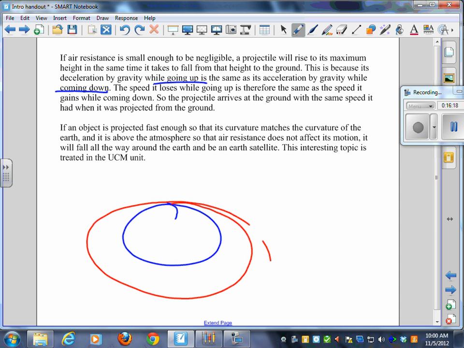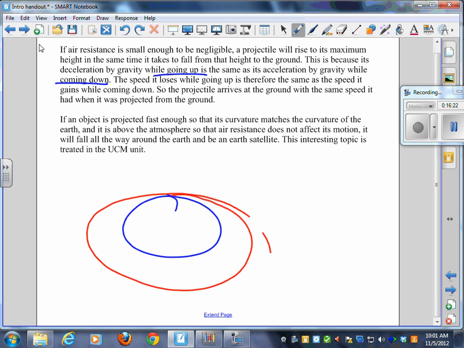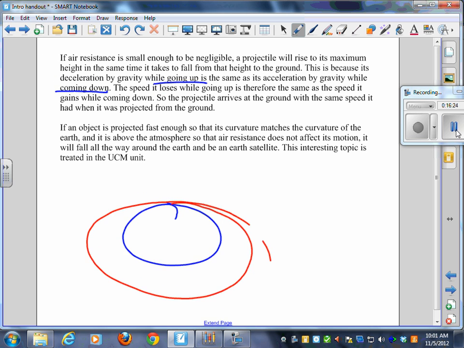Let's try. Geosync orbit. Yeah, might be a little tricky. Okay, let me see if I can get